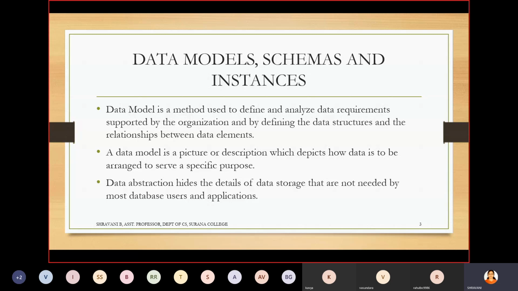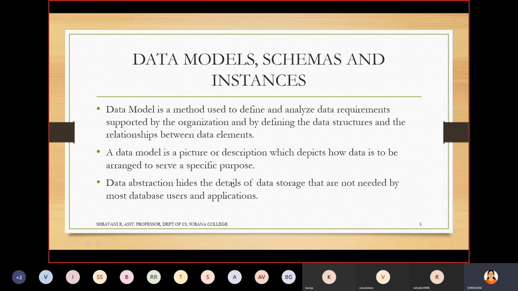Now let me take the example of a washing machine. Before knowing how it works, you should know the model. So what all you can see is the drum, the outlet pipe, the inlet water pipe, the rotating part, which we will call the agitator, and the inner tub and the outer tub. These things we can see in the washing machine. But how it is programmed, we cannot see that.